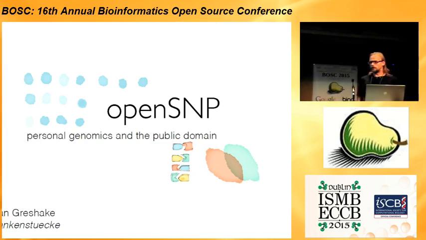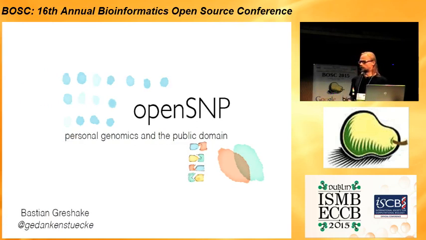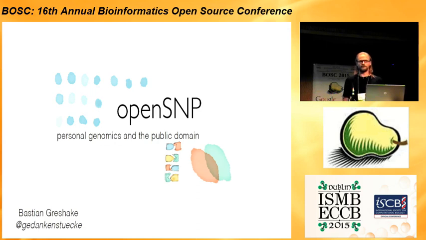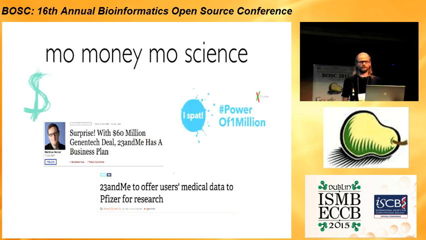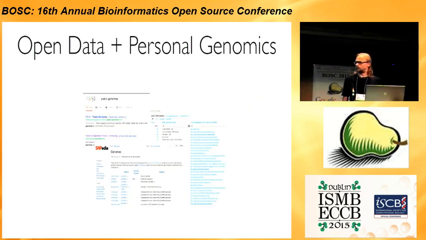Okay, so I think we've now heard lots about open science in terms of reproducibility and software, and this is now about open data. Personal genomics companies like 23andMe basically offer you to get your own genotyping done, and they have lots of customers. A couple of weeks ago, they announced that they now have 1 million customers, and this data, unfortunately, is closed. So if you're a researcher, you just can't get access unless you have big money to pay for it. So obviously, open data would somehow be nice.